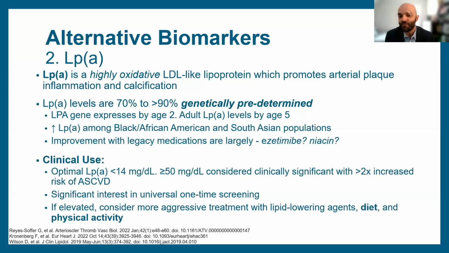We don't see much improvement with meds currently. However, we're right on the forefront of a lot of new meds coming out that are specifically trying to target Lp(a), because the hard part is it doesn't budge, right? We haven't seen people be able to move it much despite its really good ability to predict risk. So as we see, optimal Lp(a) is as low as 14, and greater than 50 is elevated. But really why we say that is if you have a level greater than 50, you're at double the risk of developing cardiovascular disease, right? This could be a one-time test that people get.